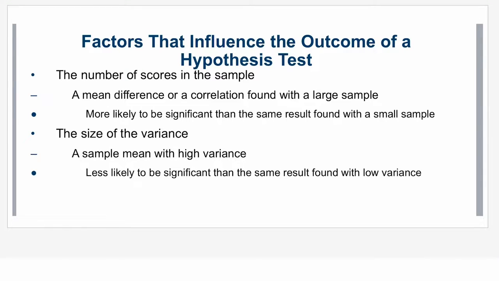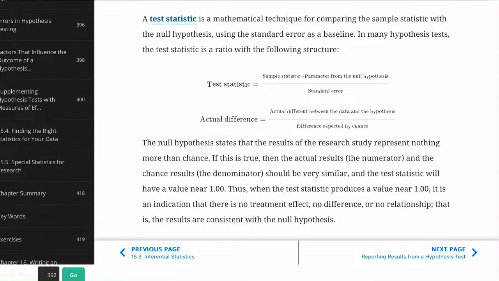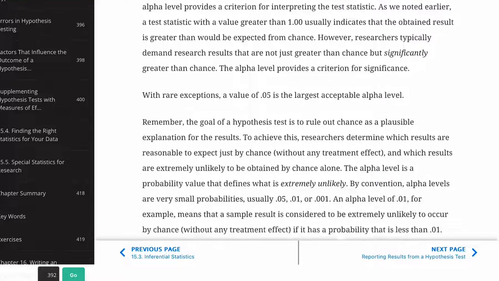Okay, and then the other thing that can influence the outcome of a hypothesis test is the size of the variance. So how much the scores vary. Are they all clustered around each other tightly, or are they all over the place? A sample mean with high variance is less likely to be significant than one with low variance. We talked about this in chapter 8 a little bit, about that background noise, that static that makes it hard for you to see the true